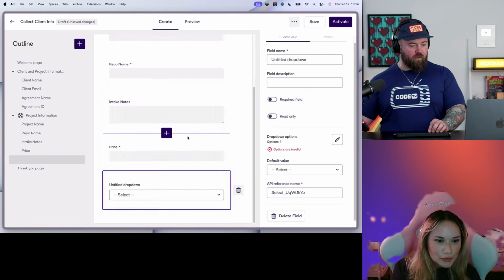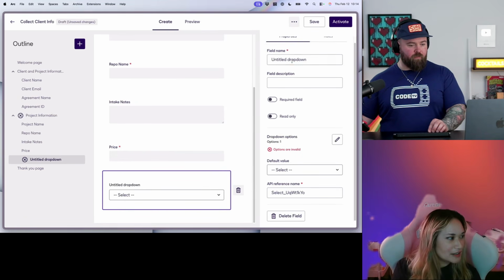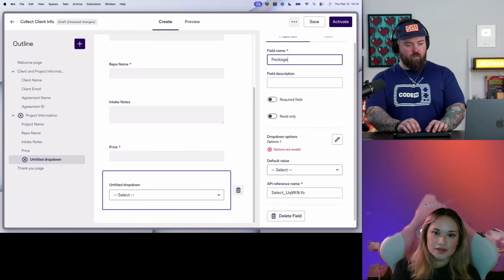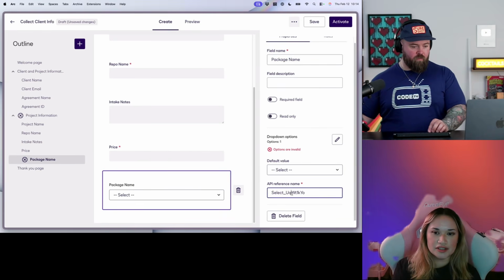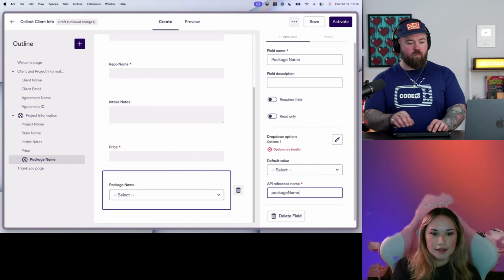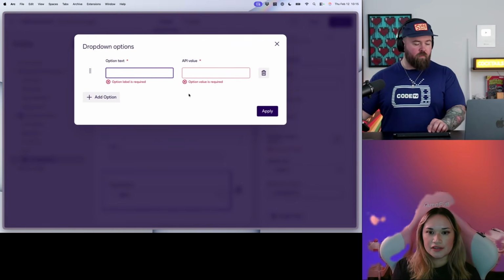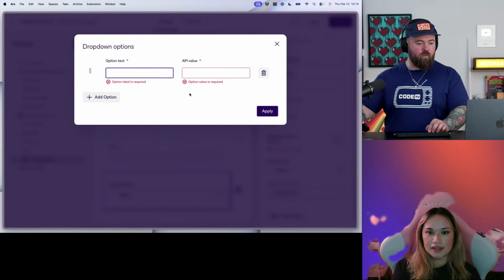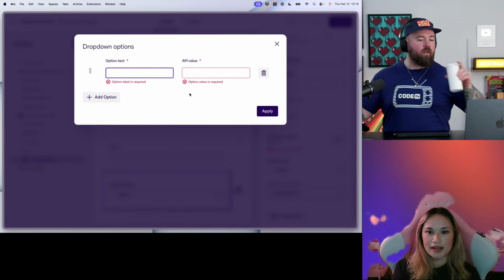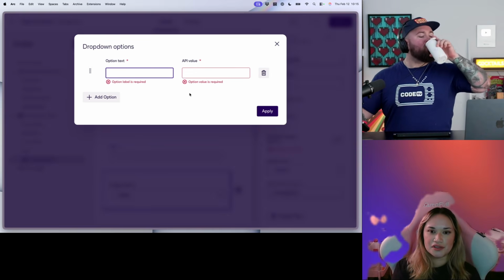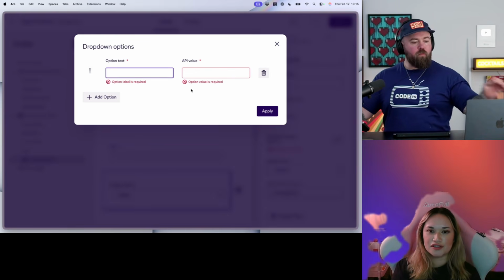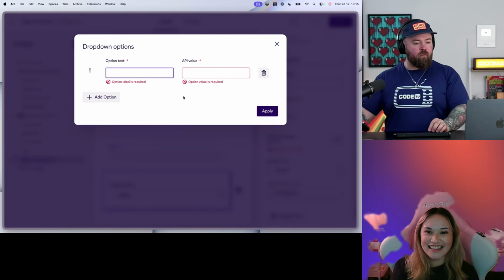And then one more. And you said a drop down. One more, that's right. And we're going to call that package name. So this is, what did you sign up for? Again, pointing out here that this can be read-only. You can autofill this from your end as the sender, the price, the package name, and you can set it as read-only so the client can't change the price to $1 or something like that.